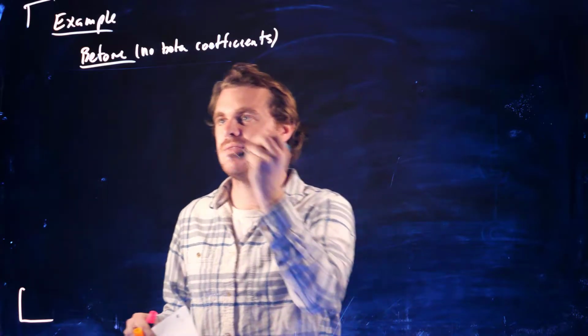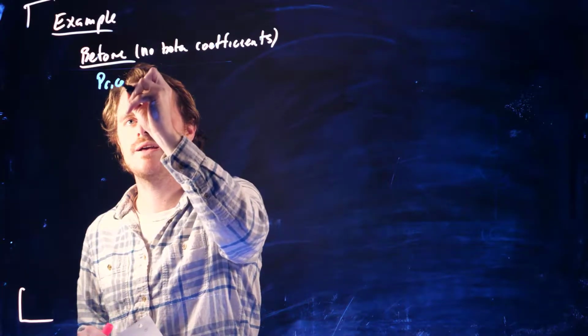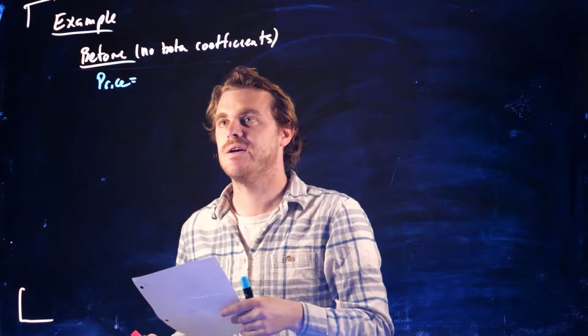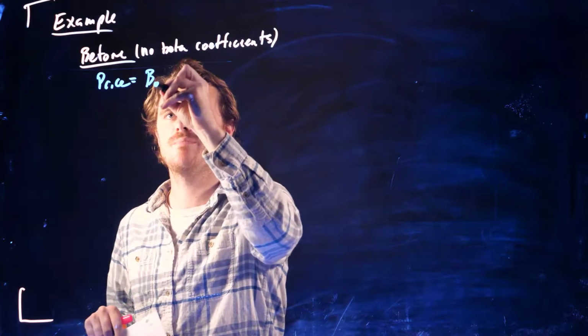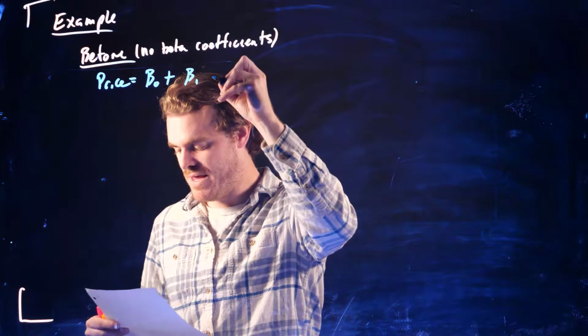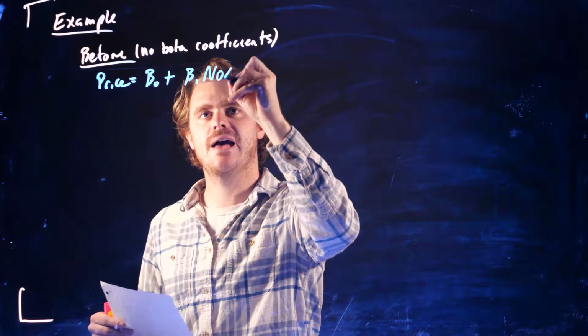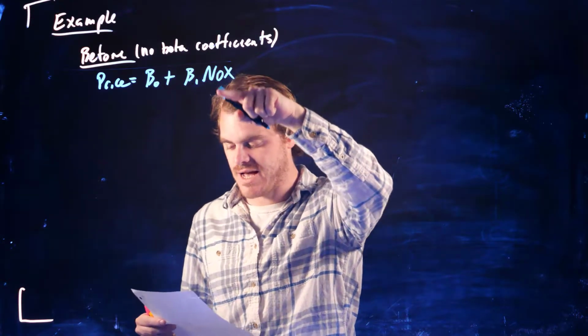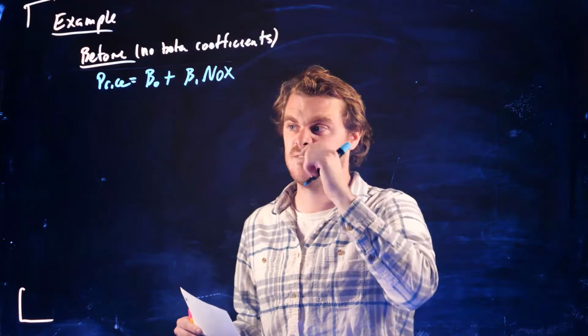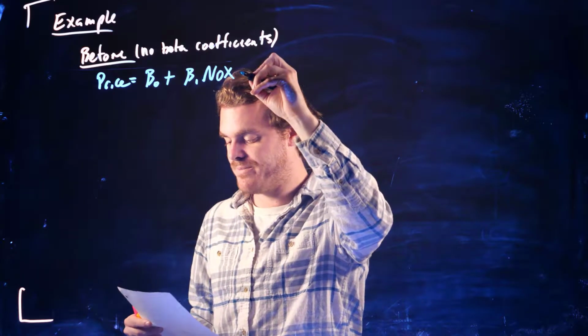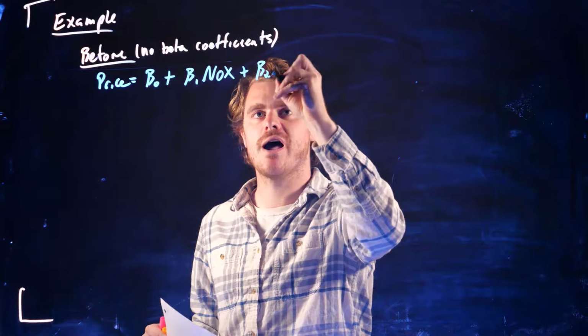And let's say we think that the price of a house is going to be a function, or we're going to run this regression: beta 0, our intercept, beta 1 times NOx, and this is going to be the nitrous oxide in parts per million, and I'll label it somewhere. Maybe the crime rate